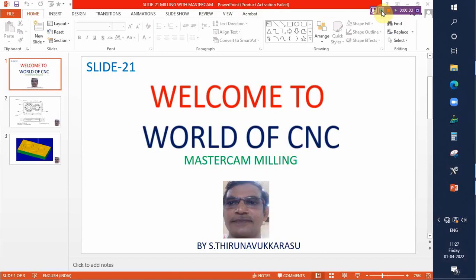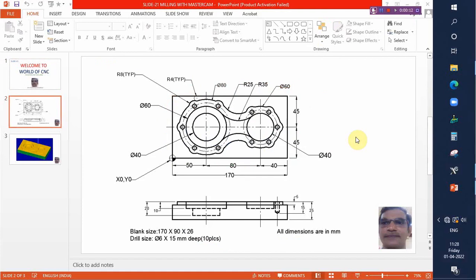This is slide number 21. In this we will see the milling operation with the Mastercam software, and this is the profile for a milling operation. We have a rectangle of size 170 by 90, and then we need to create 4 circles, 40 mm diameter, 60 mm diameter and 80 mm diameter,